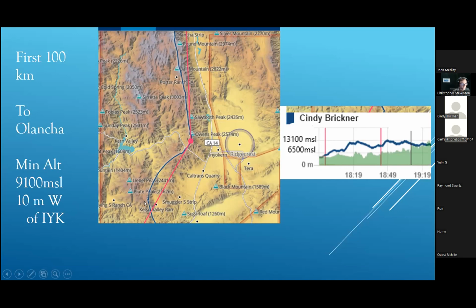Okay? My minimum altitude in flight on my barograph trace through here was 9,100 feet, and that happened to occur 10 miles west of Inyokern. It was actually just before I crawled up onto Owens Peak in here, was the location geographically of my low point. And at 9,100 MSL and 10 miles west of Inyokern,